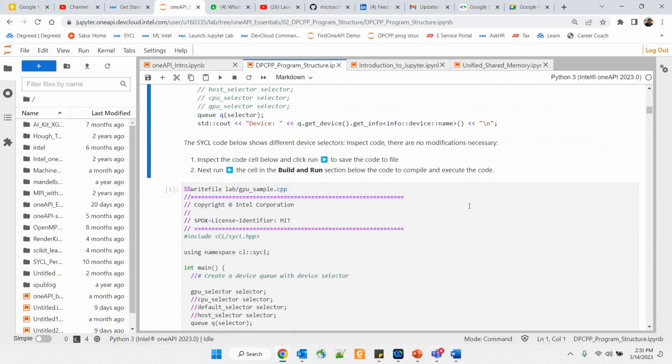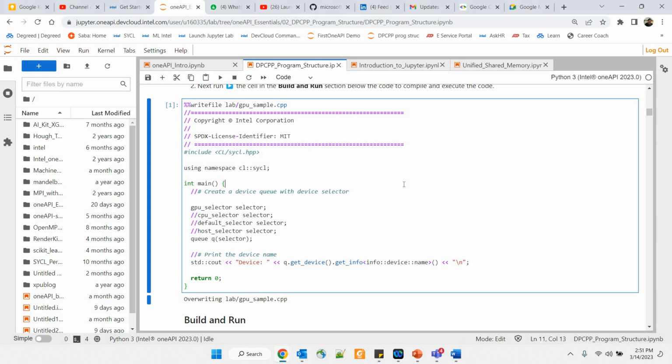Now let's see how exactly things work here. This is the first file, the simple file which we are going to follow through, and we will understand how the device selector will work. We are going to use get_device and get_info functions as well, and this is going to be really easy. Now, I use the header file include